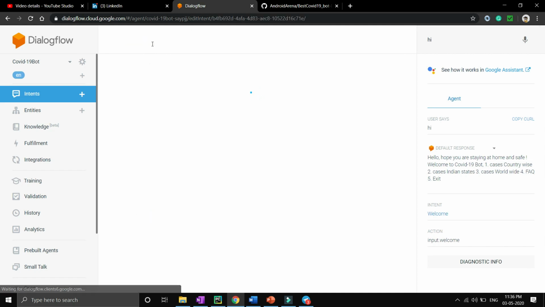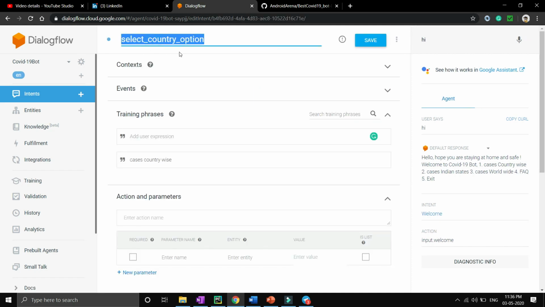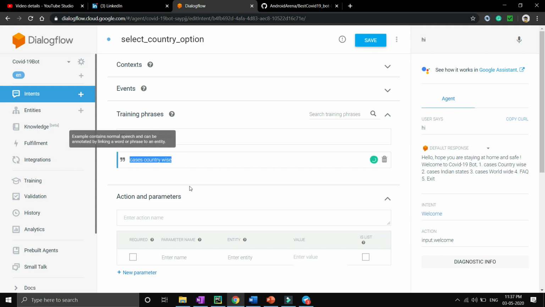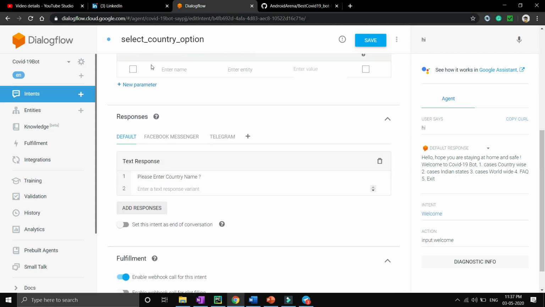I have created a new intent named select country option, and I have given it the training phrase cases country wise. Whenever the user enters or chooses cases country wise, Dialogflow will be able to match and understand the intent and give the response accordingly. The bot will respond, please enter the country name. So let's test it.